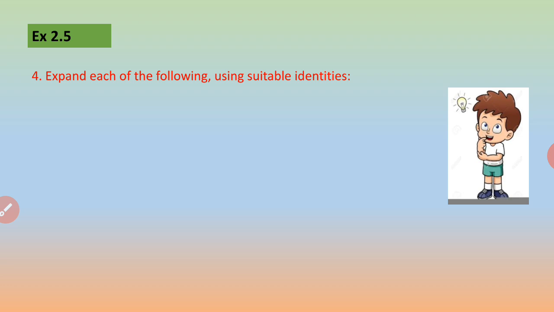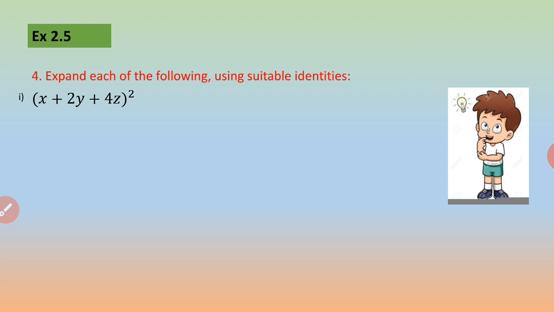read the question. Question number 4, it is expand each of the following using suitable identities. You have to expand, you have to solve it, but you have to use the suitable identities. The first sub question is x plus 2y plus 4z whole square. Now whenever a question is asked in this way to use suitable identities, you have a compulsion to use the identities. If you multiply directly, you may lose your marks